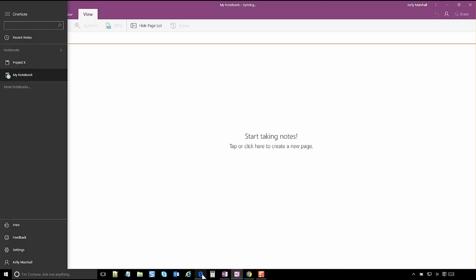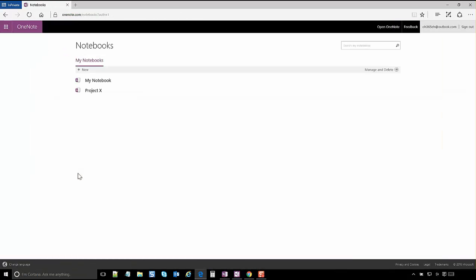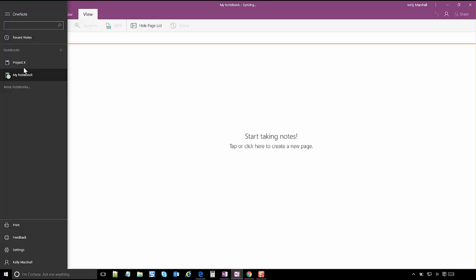With the online version, we are stuck with our notebooks appearing in an alphabetical list. I'm a fan of alphabetical. It's easy to navigate, easy to find stuff. But yeah, again, you can't drag and drop these around into the order that you want. The other thing that you can't really customize in the online version or in the app is the names of